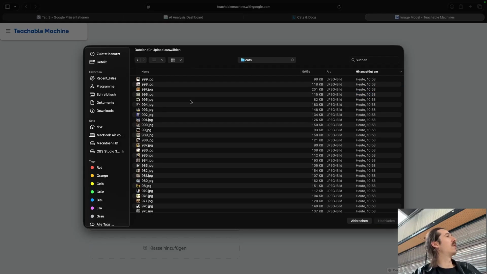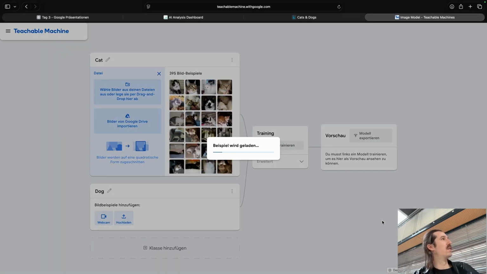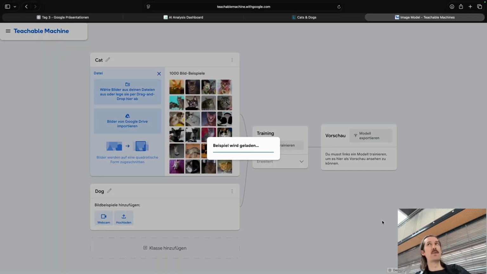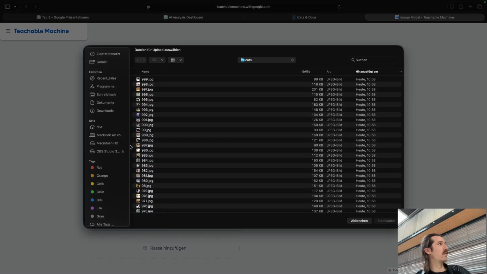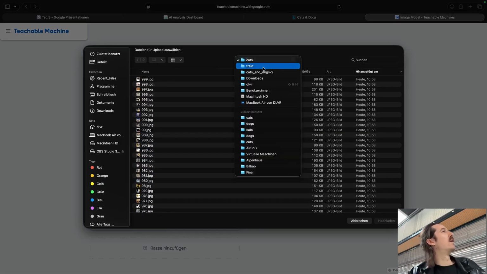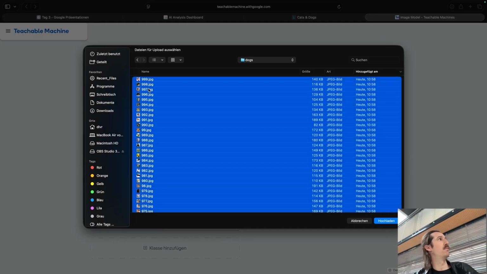The first class was cat. I select all of them, and then upload. Is that working all good for you? We do the same now for dogs. Again, the important part is we take the train folder, not the validation, because the train is much bigger. So with more data, we get much more precise, much better results.